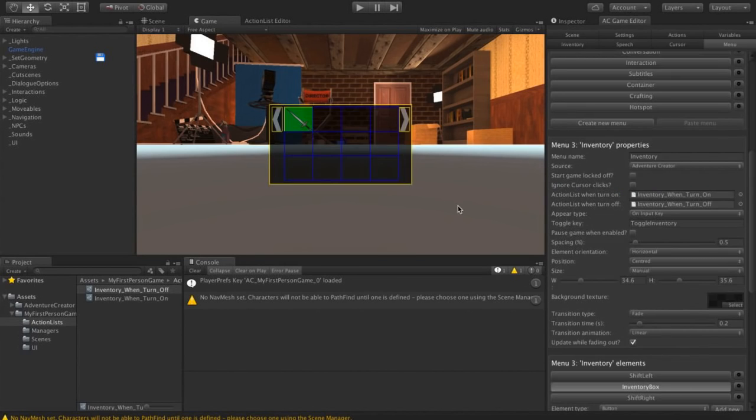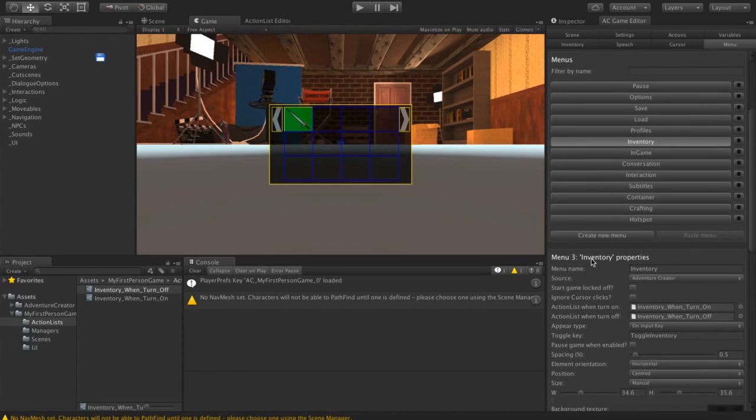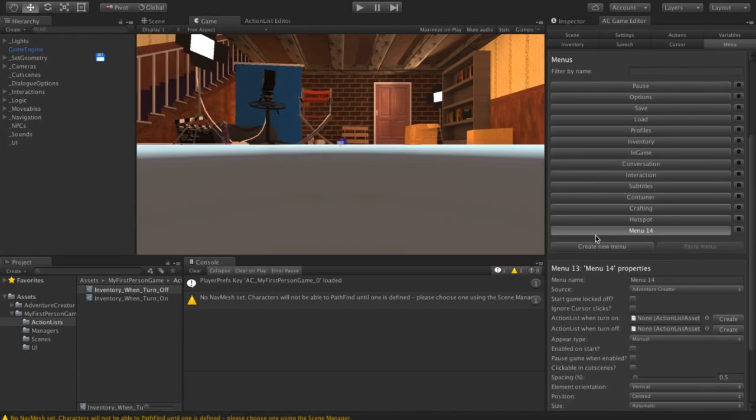And now we can move our selected inventory graphic to a separate menu, or rather a separate inventory box element in a new menu. So in the menu manager, I'm going to click on create new menu, and I'll name it selected inventory.